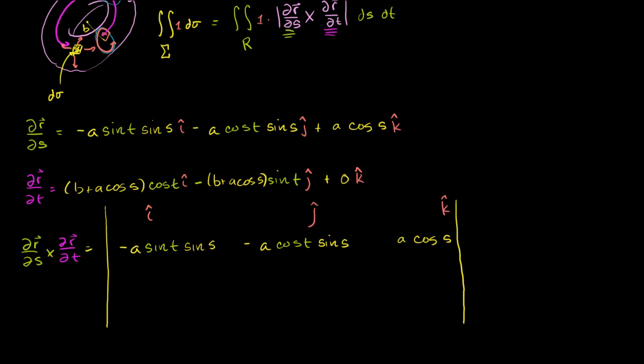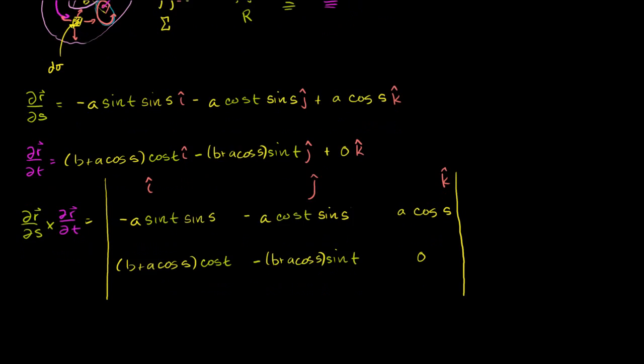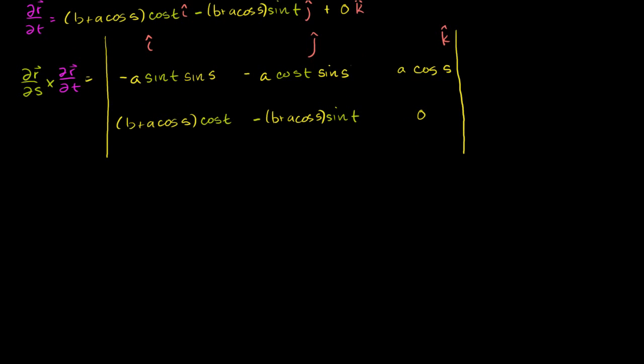Then the last row is going to be this one's components. Copy and paste, put them right here. Almost done. This one, copy and paste, put them right there. Make sure we know that these are separate terms. And then finally, we don't have to copy and paste it, but since we did it for all of the other terms, I'll do it for that 0 as well. So the cross product of these is literally the determinant of this matrix right here. It's this determinant. And just as a bit of a refresher of taking determinants,